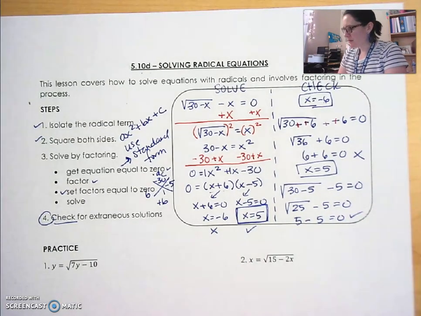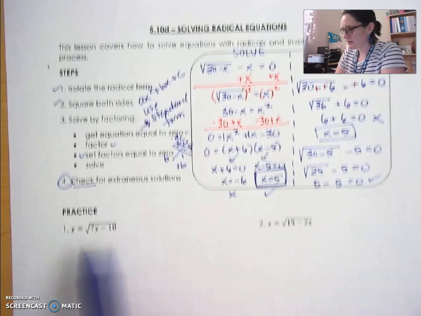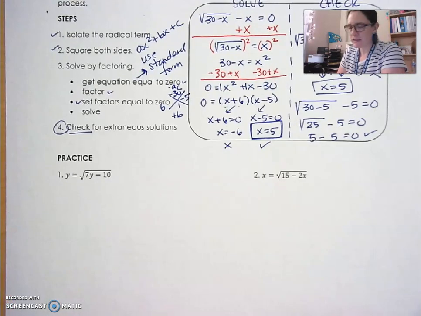Now, for the rest of the problems, there's 2 of each type, so I'm going to work one and ask you to pause and try the second one. So we're going to start right here with this first row. In this particular example, the radical is already isolated, so we don't have to do step 1. We're going to go straight to step 2,